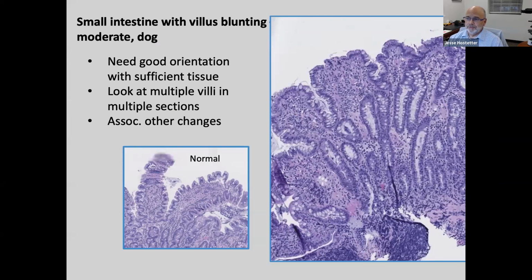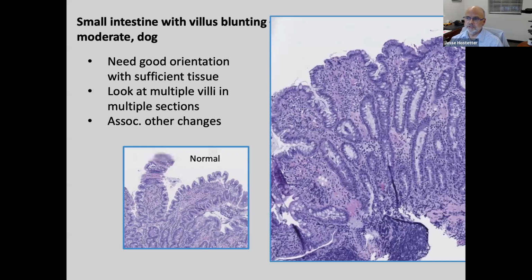I think epithelial change is one of the strongest and, in my opinion, one of the easiest things to look at. Once you train your mind to what normal is, it's fairly easy to see when there's a change. We're going to now switch to what I find is one of the more difficult things to look at, and that's villus blunting. And really now we're going to have to say that the quality of these biopsies is the underlying criteria that we have